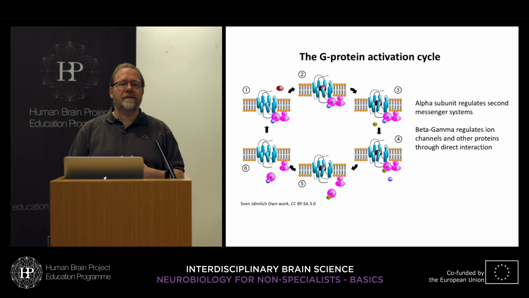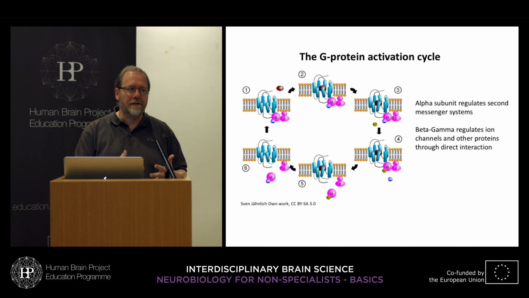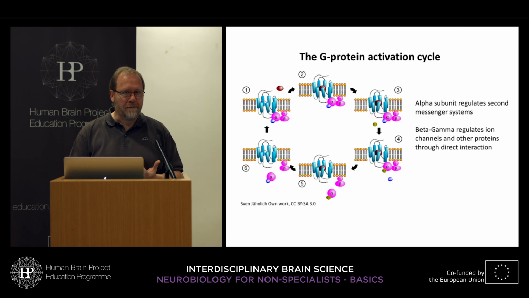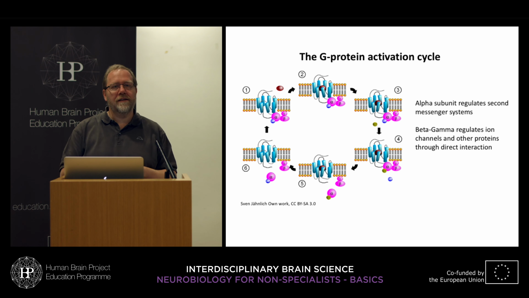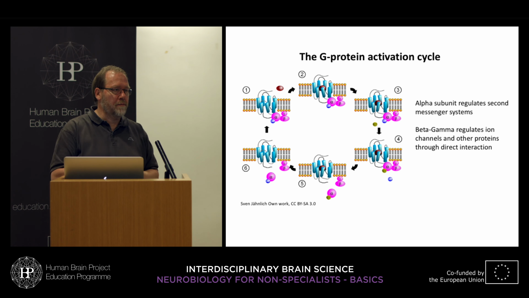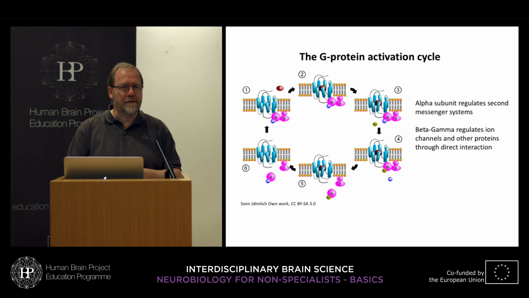Some of these proteins are involved in signaling, like ion channels, so they can interact with potassium channels, calcium channels, chloride channels, and sodium channels, and can basically either inhibit or facilitate these receptors depending on the type of beta and gamma subunit. So through this we get a fairly fast signaling. It's not as fast as ion channels, but it's pretty fast, and it can be lasting,